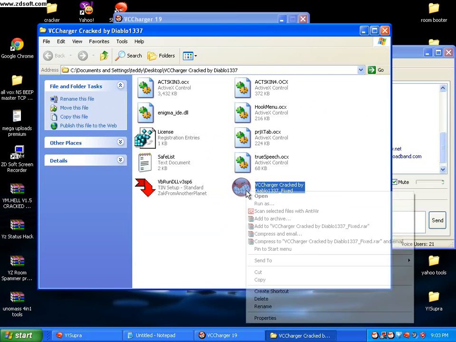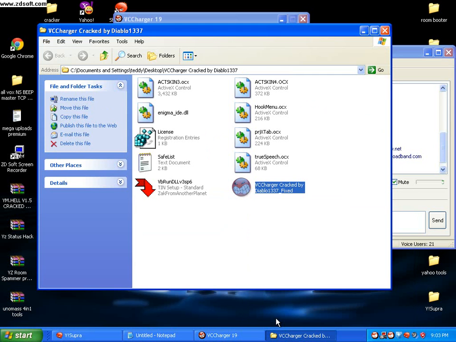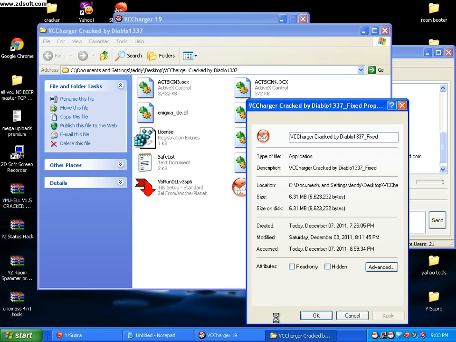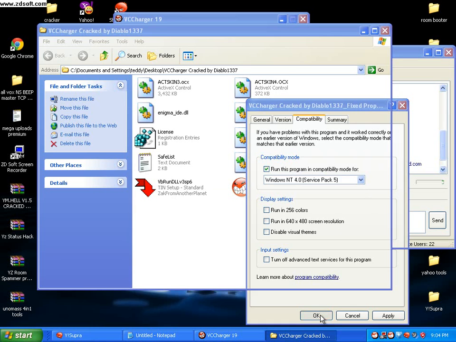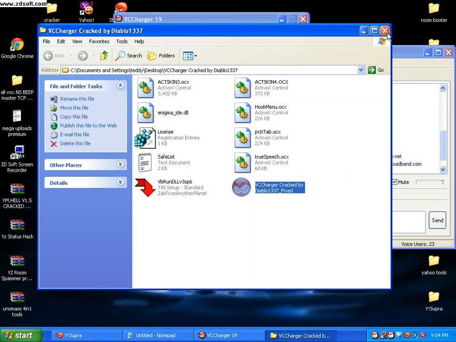Right click here, click on properties. From General, click on compatibility, and from Windows 95 or 98, you go to Windows NT 4.0 Service Pack 5. Actually, you don't have to go to this routine when you download the BB-RAN DLL, the same as when you're using it with YASAC and .NET Framework 3.5 or 4.0. But you might as well go to this routine and click on OK, and that's it. Bingo.